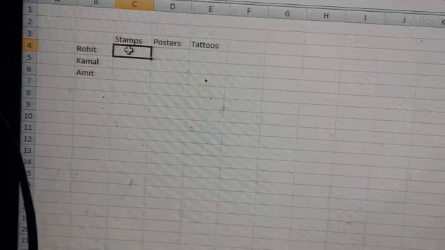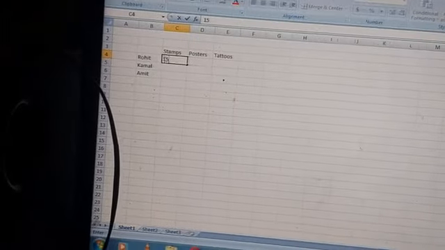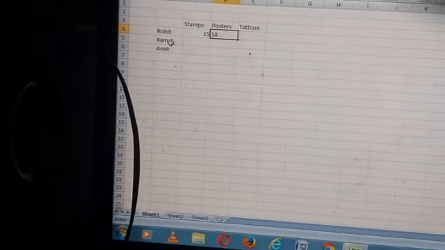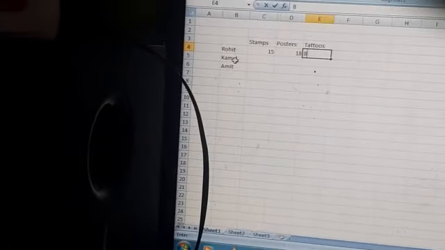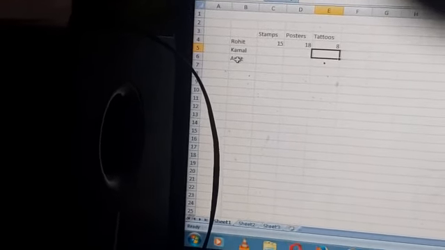Rohit has 15 stamps. Next, 18 posters, and how many tattoos? 8 tattoos. Rohit has 15 stamps, 18 posters and 8 tattoos.